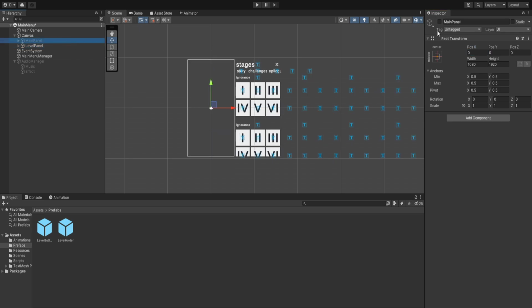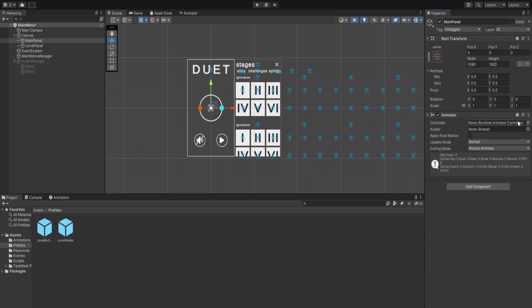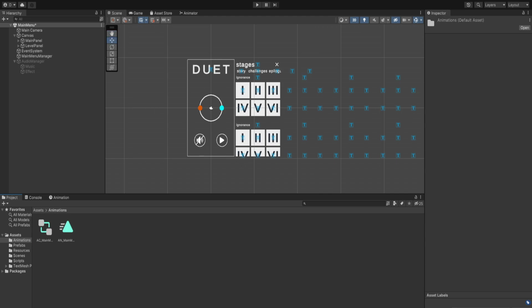Now after creating our UI, we'll also need to show the UI. So let's create an animator for our main panel first, and this animator, it's going to have animations. Let's create an animator, and it's going to be called AC / main menu. The animator is for our main panel,